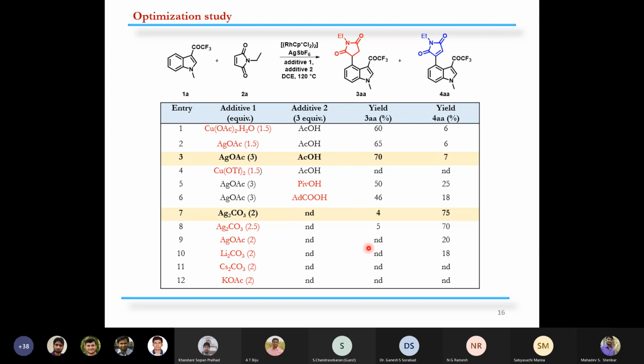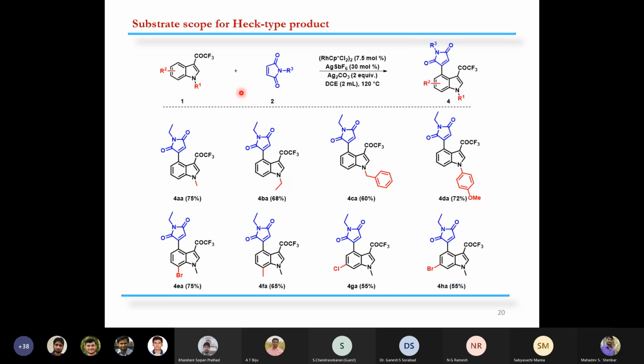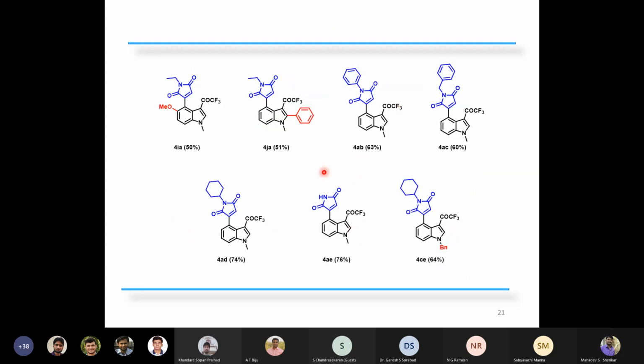With the optimized conditions in hand, we went further to the substrate scope for the 1,4 addition product, and various substituted indole derivatives work well under the 1,4 addition conditions, and the yields were moderate to good. Not only 1,4 addition, the Heck type product is also formed for various substituted indole derivatives under CH activation conditions. Different maleimides, for example N-phenyl, N-benzyl, N-cyclohexyl, and most importantly plain maleimide, meaning free NH, also work, and the yields were moderate to